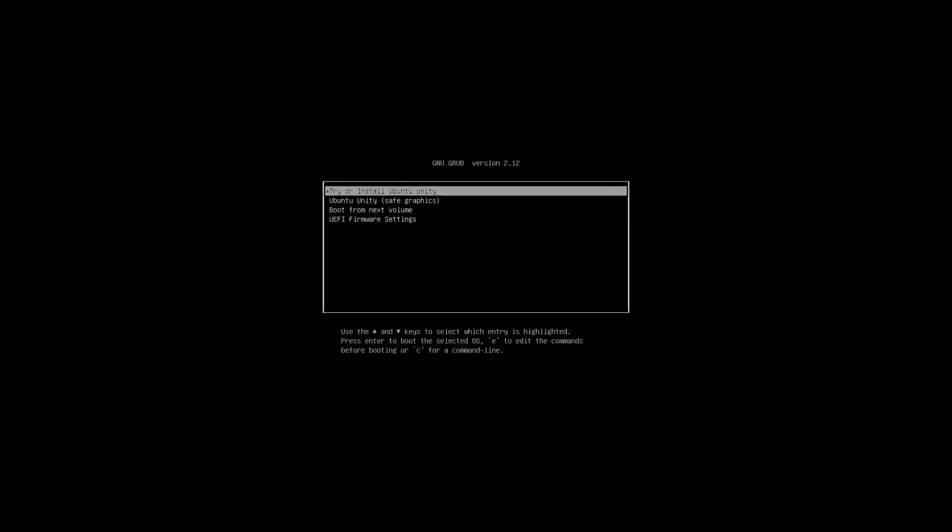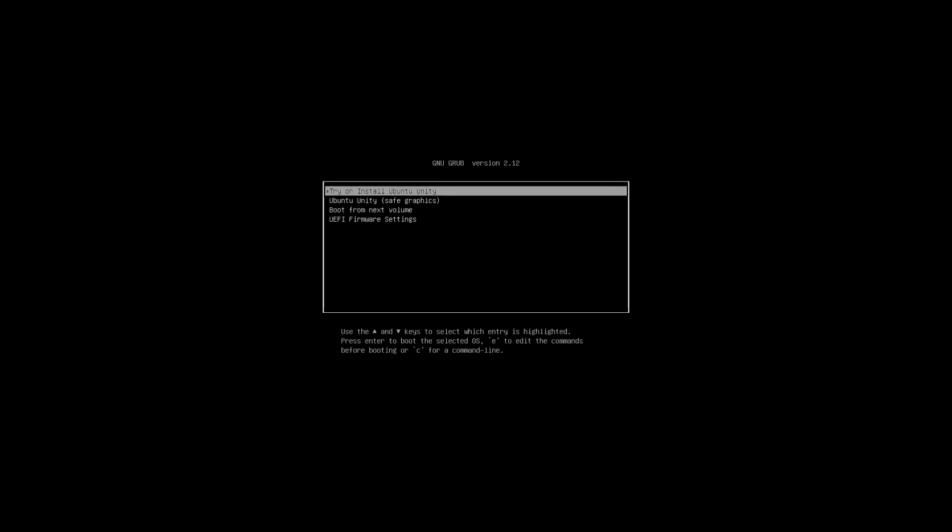Anyway, today we're going to look at the Unity desktop, which is what Ubuntu switched to after GNOME 2, because they apparently didn't like the paradigm that was introduced in GNOME 3. Which is funny, because in 2017, I believe 17.10 was the first version that had GNOME 3 as mainline Ubuntu.